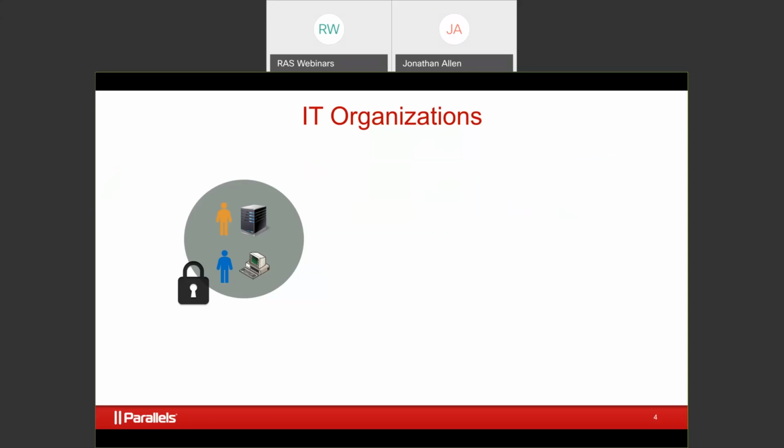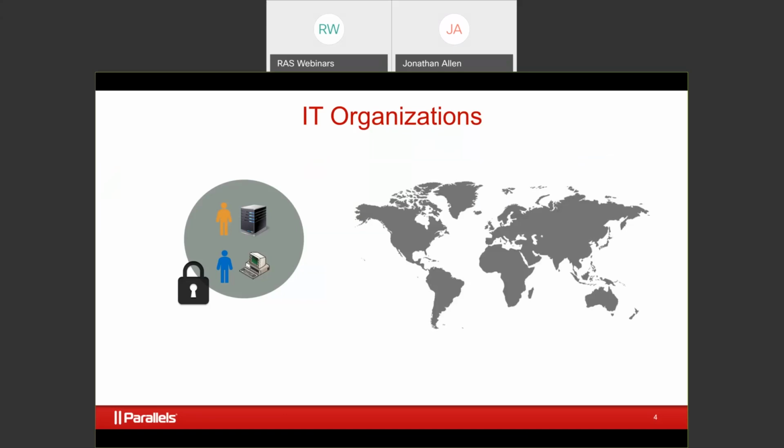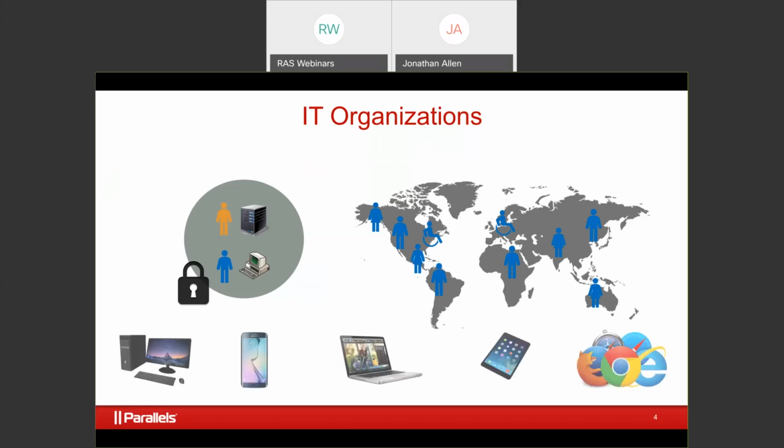However, something changed with the turn of the century: we kind of busted out of this on-prem model and we busted into a worldwide work-from-anywhere model. So now, as most IT organizations, whether you're even small to medium-sized businesses, you could literally have end users across the entire earth accessing the applications and the services that you provide within your IT organization. And not only that, they're going to be using a whole host of different endpoints and different devices in order to access that information.